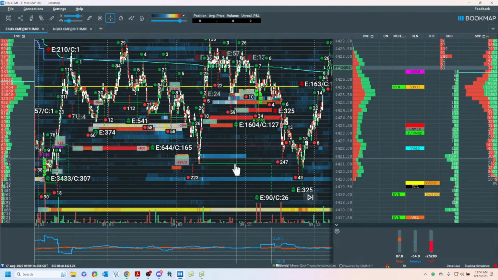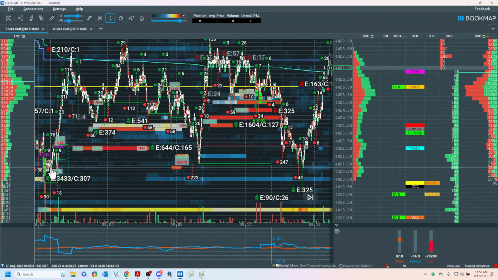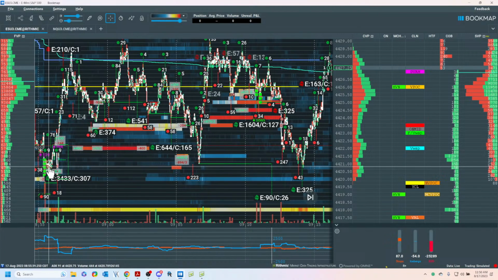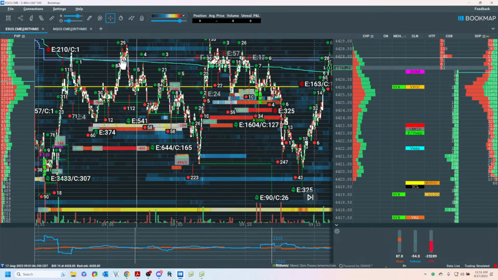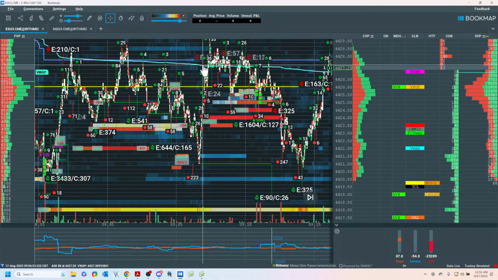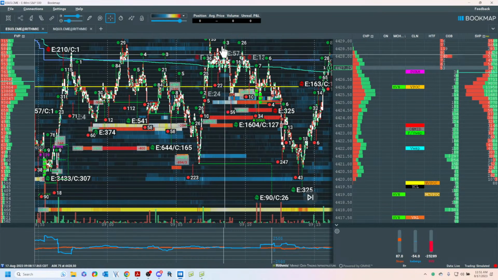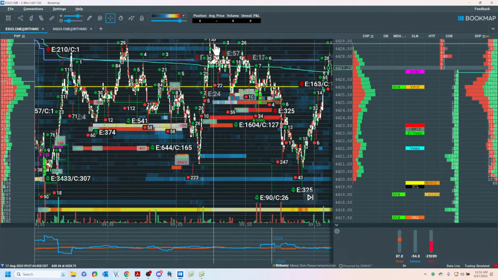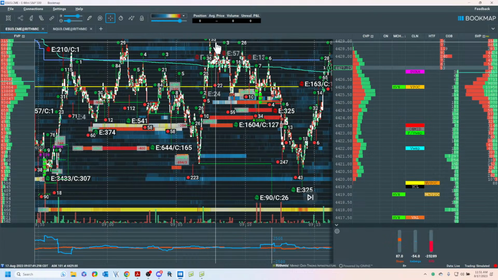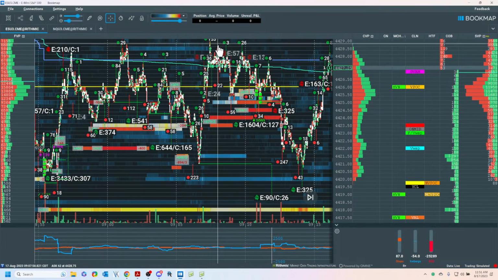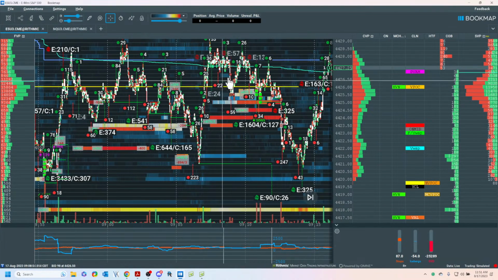I trade to levels, and the levels are created by the participants and not by an indicator, because I don't know. What do I know? How about this? I don't know. So, since I know I don't know, I only got a few options. Put the trade on at a structured location, know where my trade fails, attempt to get risk neutral, which is the distance from entry to failure, take a full stop when it doesn't work, make my donation, it's random, get risk neutral if I can, so I scratch if it doesn't work, and then manage the trade as it does its thing using structure, and you have to vet it, and then go for targets.